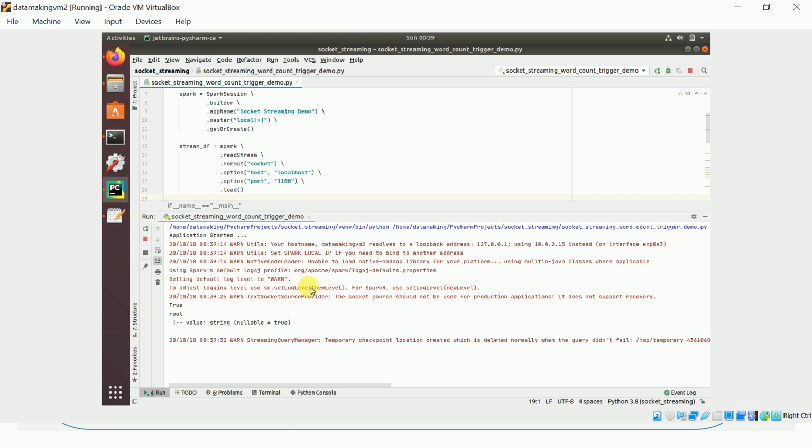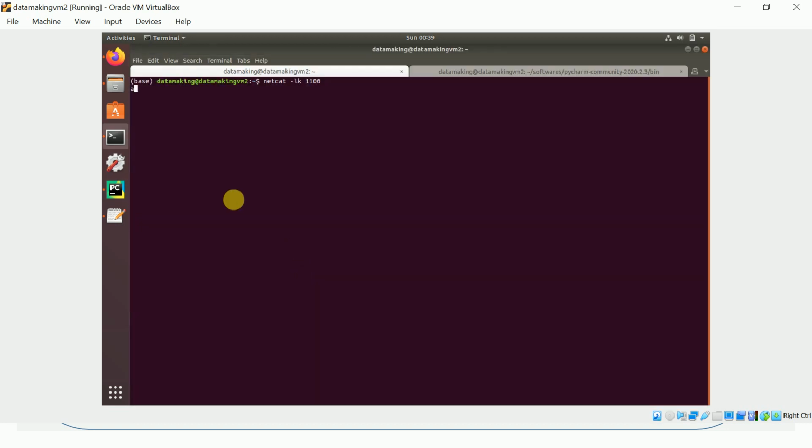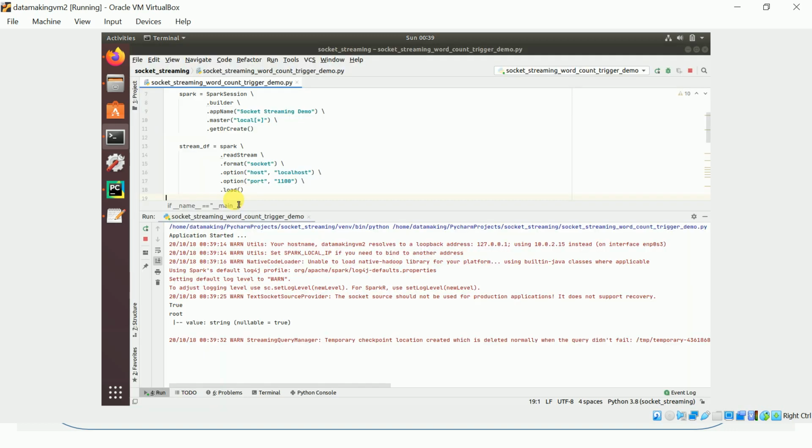Now I'm going to push some messages here, following the same steps: apple and orange apple. This is our first data. Probably next time I will restart this VM because it's gone very slow. It's taking a lot of time.